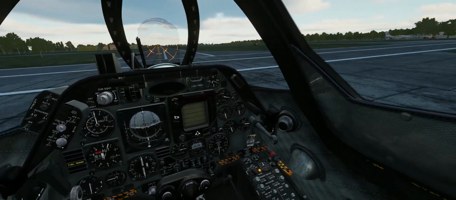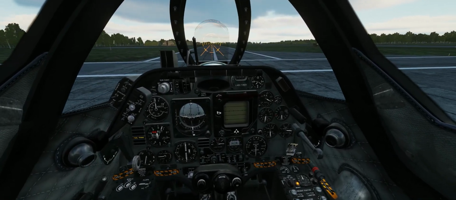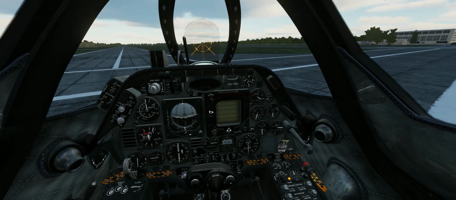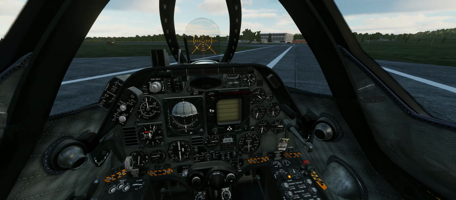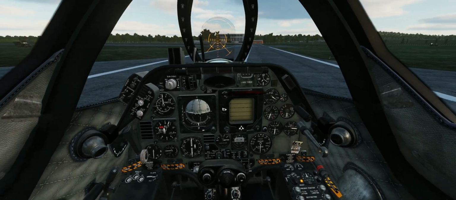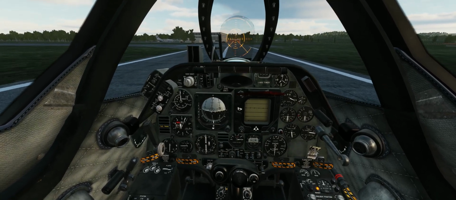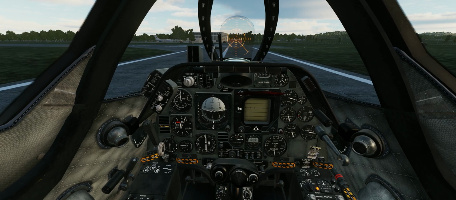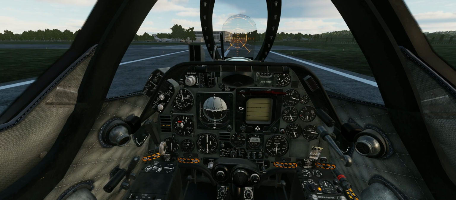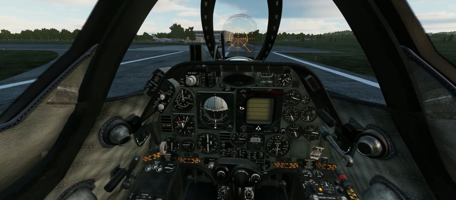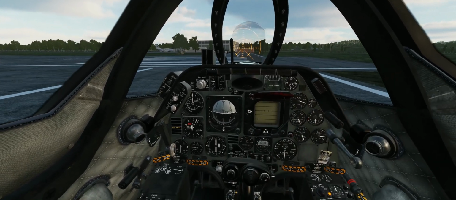So we're going to start. Here I am in my A4 in Caballeti. I decided to use that setting, basically because it's pretty familiar to all of us if you follow my channel. Now what I'm going to do is I'm just going to fly a quick mission. The sole purpose of that mission is going to be to provide some fodder for some interesting camera shots. While I do that, I will discuss some tips based on the way I use just the most basic cameras in DCS, and then I'm going to go back and film the same flight, putting some of those tips to use. So the first tip is going to be kind of obvious, which is number one, record a track